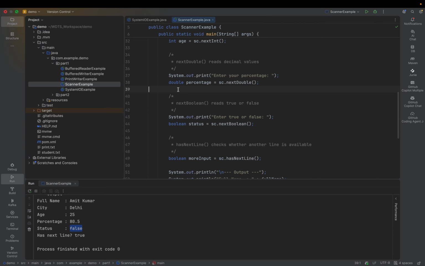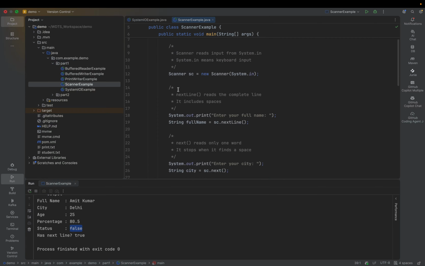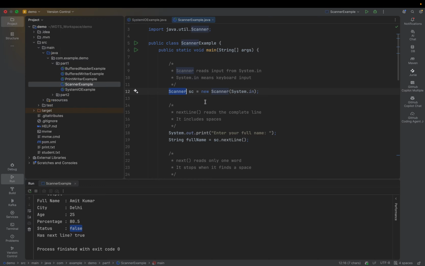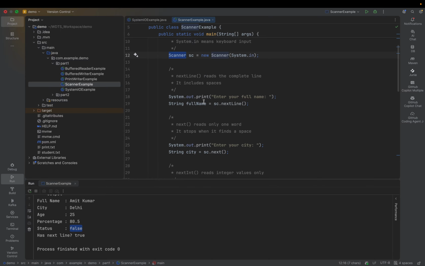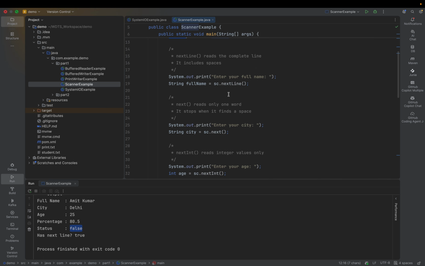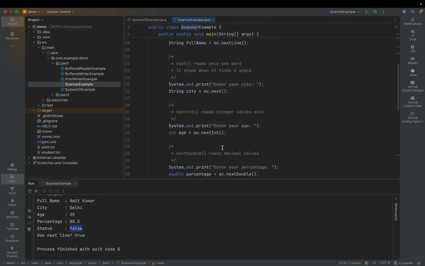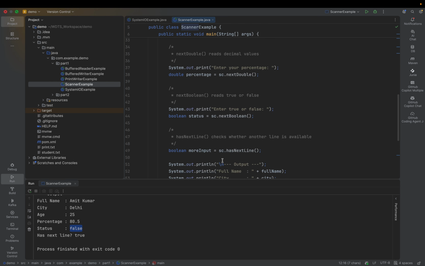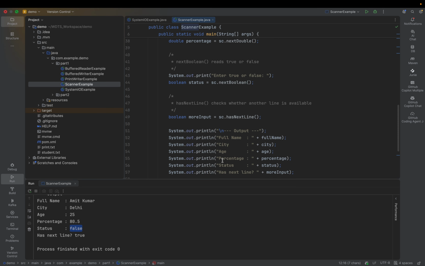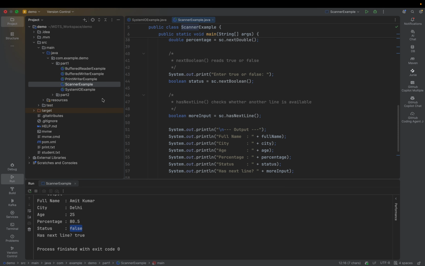And let's move to the next example. In this session I have gone through the Scanner and a few of its methods, most of the important methods we have covered, like string, integer, boolean. These are the important methods that we use frequently. So now moving to